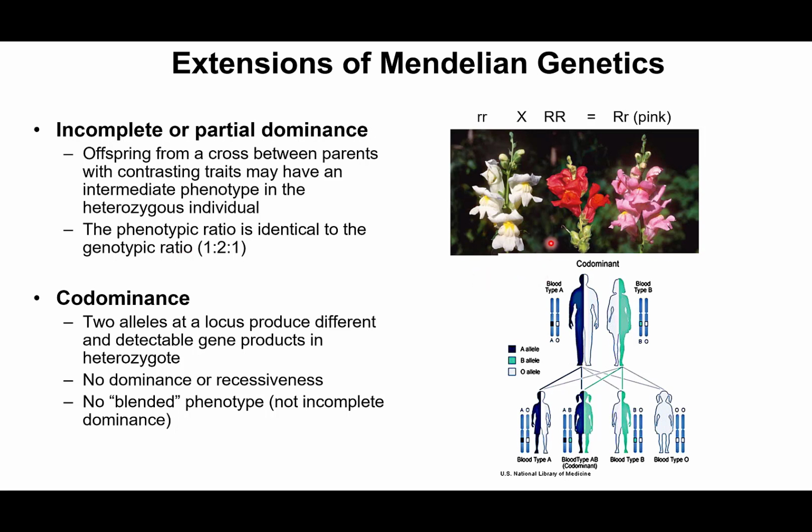So for example, here we're looking at these primrose flowers, right? And we have a blue, we have a white. The blue is the dominant, the white is the recessive. But when they're combined, we get an offspring that's pink. Okay, this is a blending of